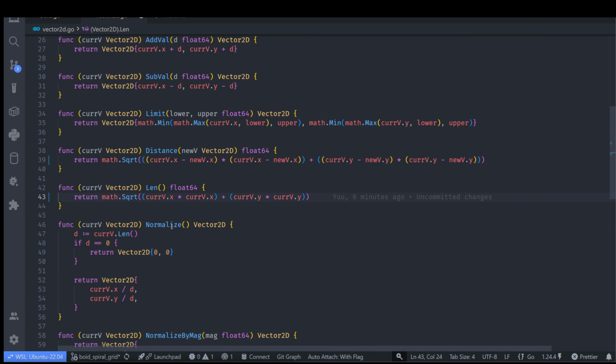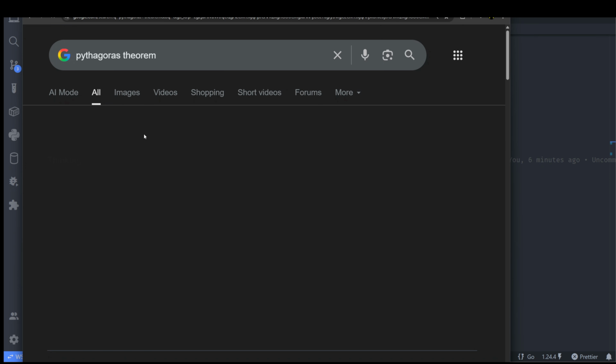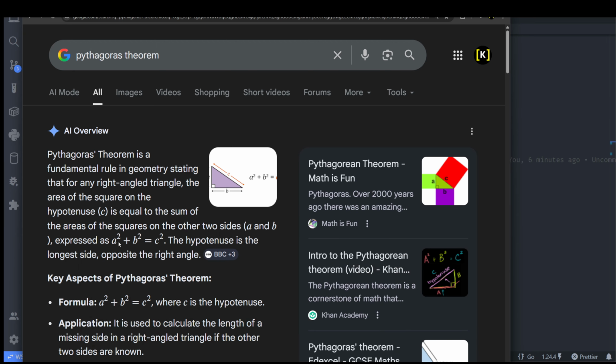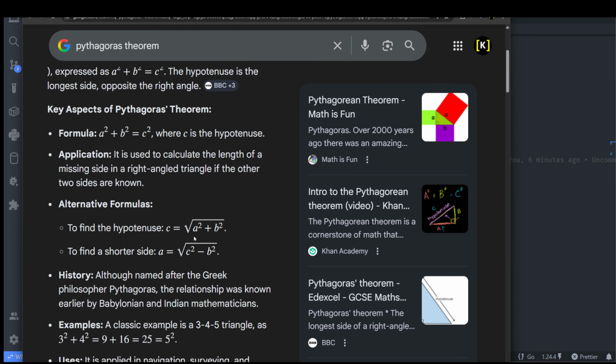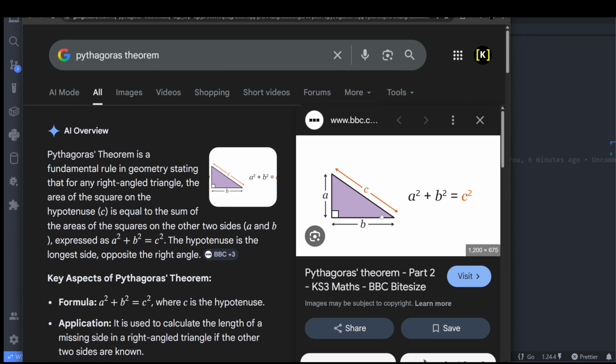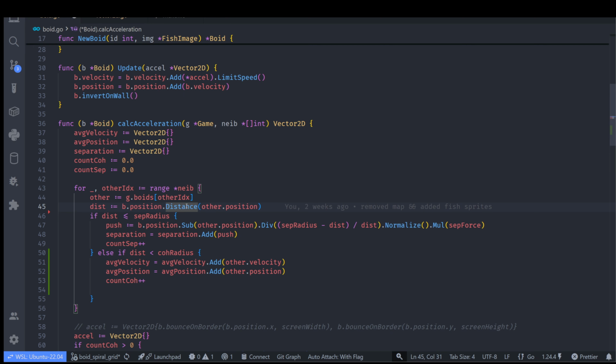And just in case you're wondering what we are doing here, why we are taking the square root: we are doing math.Pow, and this is essentially the Pythagorean theorem. We use it to calculate the distance between two points. Probably you've learned about it in school: a squared plus b squared equals c squared, and this is what we are doing. So our one fish is here, one fish is here, and we just use it to calculate the distance between them, essentially. Once again, that's not important for the topic of this video, but nevertheless,